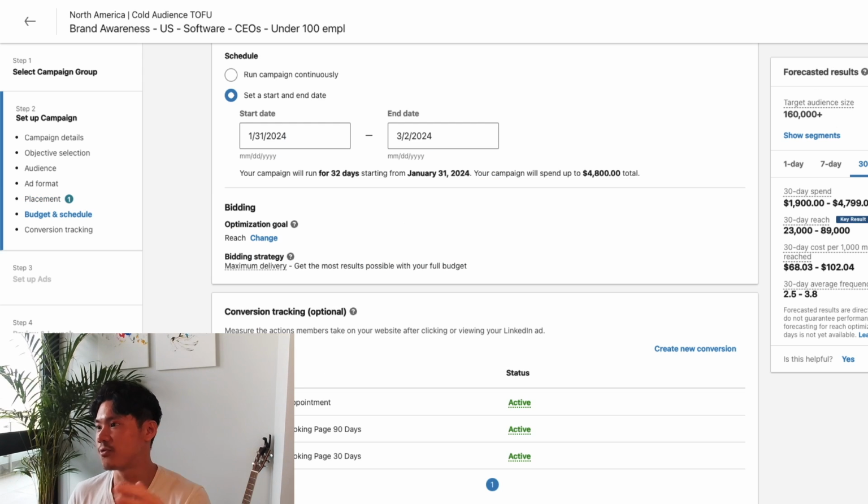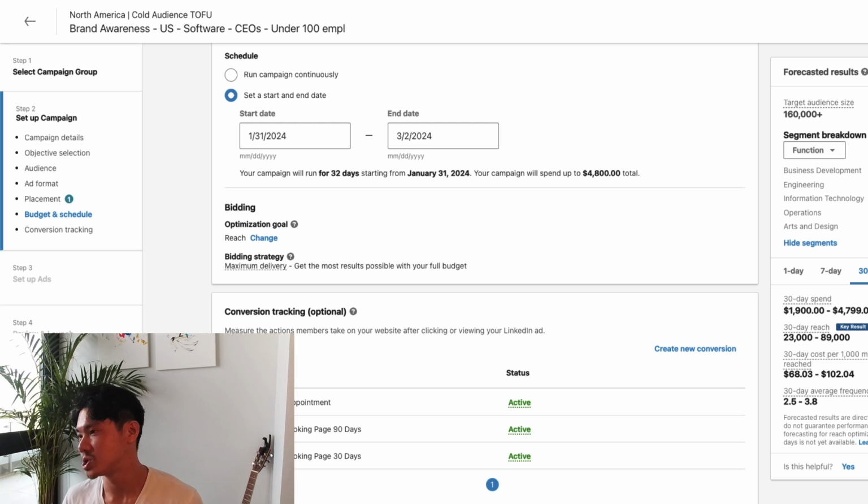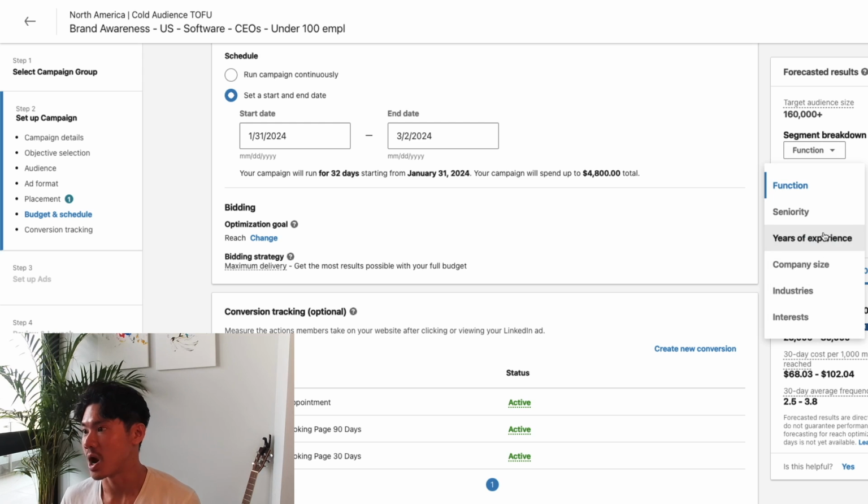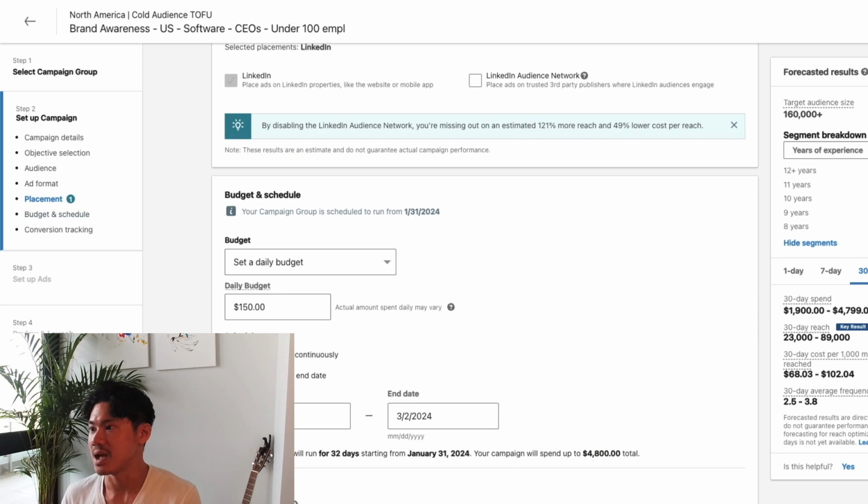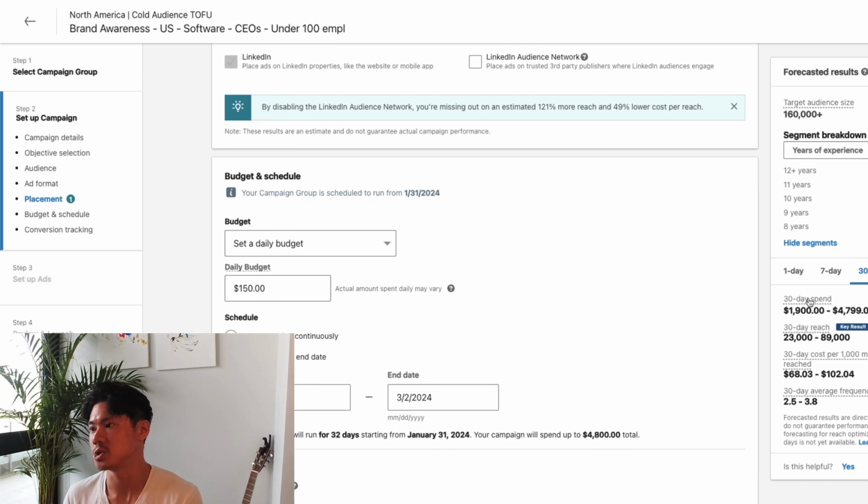All right, so now we look at these forecasted results here. This will actually tell you how large the audience size is, and then it'll even give you additional metrics such as which functions they are, or how many years of experience they typically have. And once again, these are all things that you could have decided upon earlier when you were setting up your targeting parameters, but this is a nice little overview. It'll also give you some sort of projection on how much you'll be spending over the course of certain time parameters. If you recall, I mentioned earlier that you're gonna wanna make sure that your audience is of a certain size. Generally speaking, above 50,000 or even above 100,000 is preferable so that there's just more audience for LinkedIn to choose from. And then you'll also see some projected costs based on the type of audience that you're going after.